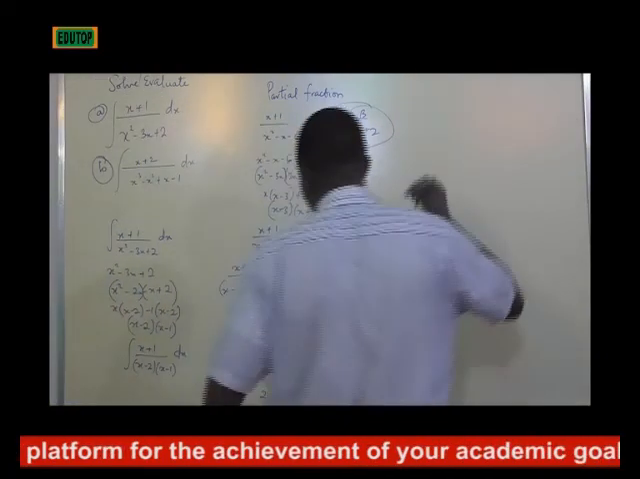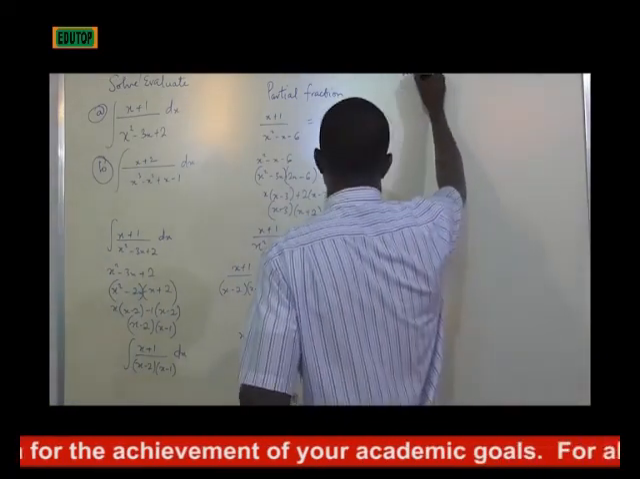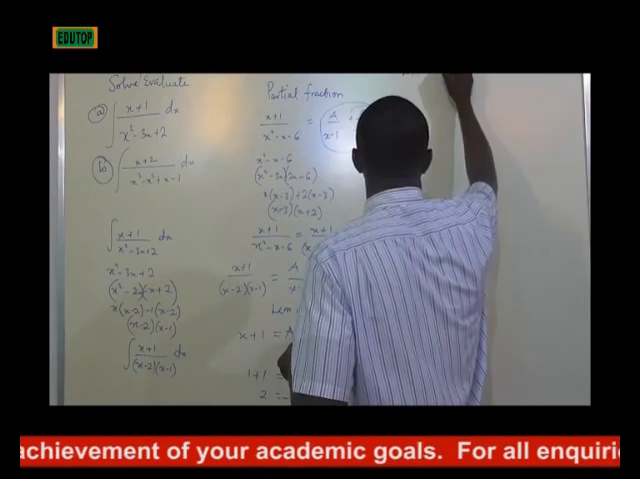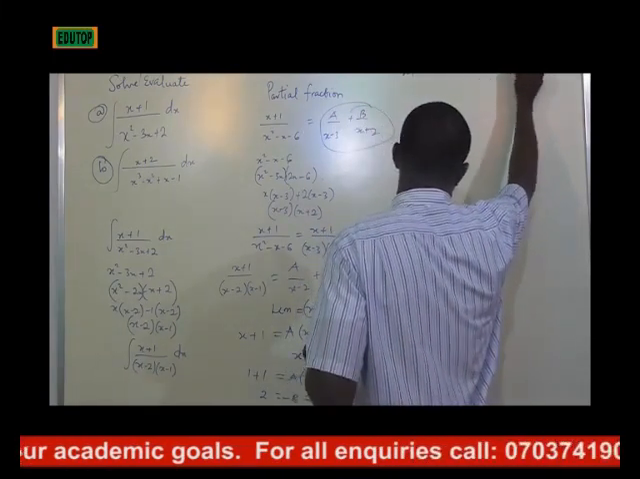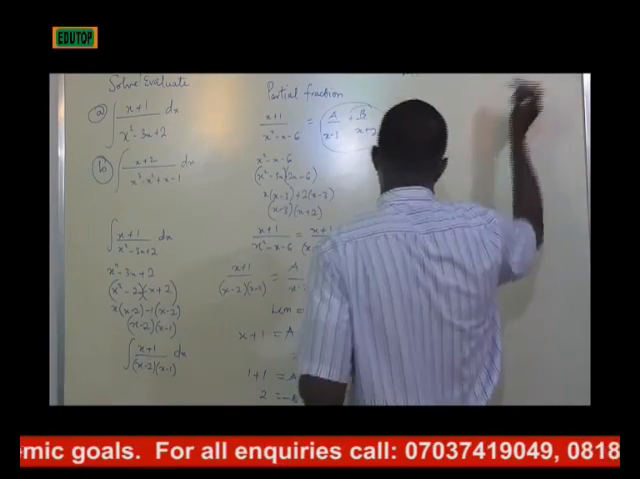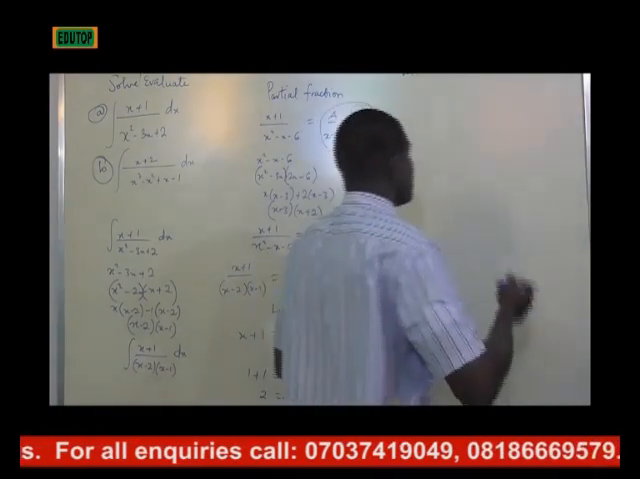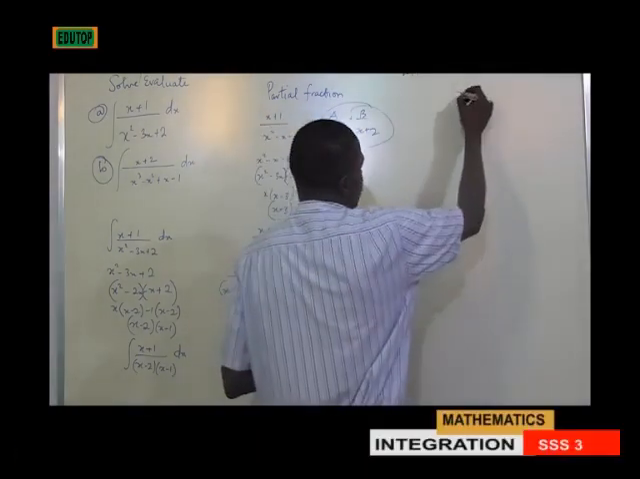So to calculate my a, I still go back to my original equation, which is a into x minus 1 plus b into x minus 2. I still want to apply the cover-up rule, but this time I want to eliminate b. If I want to eliminate b here, I will just say let my x